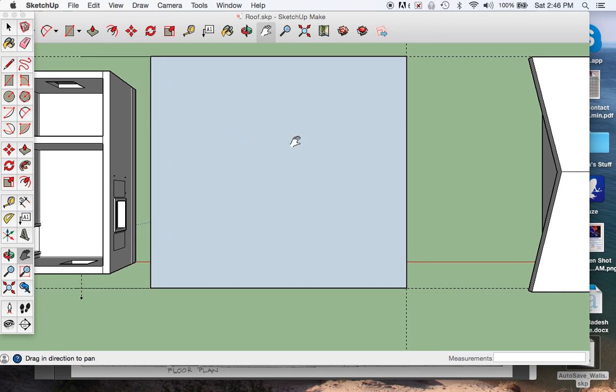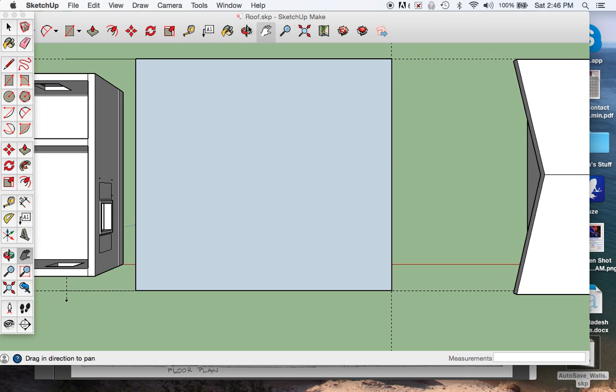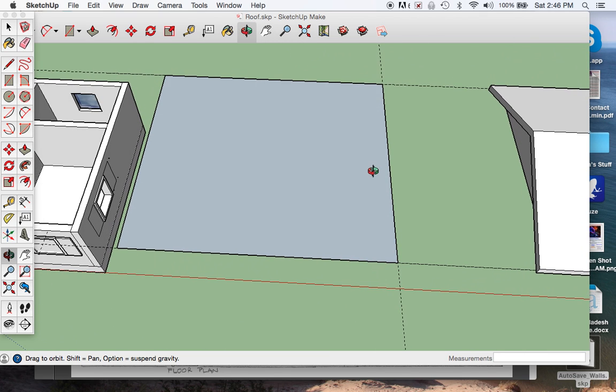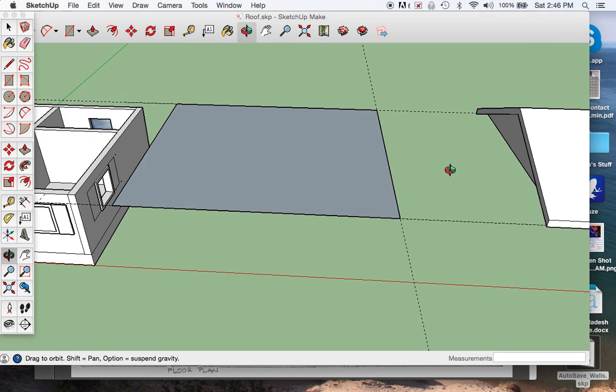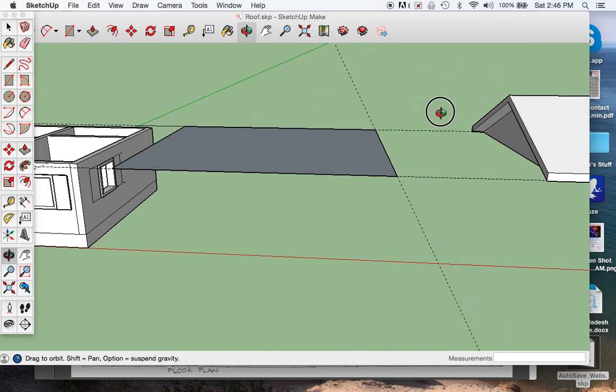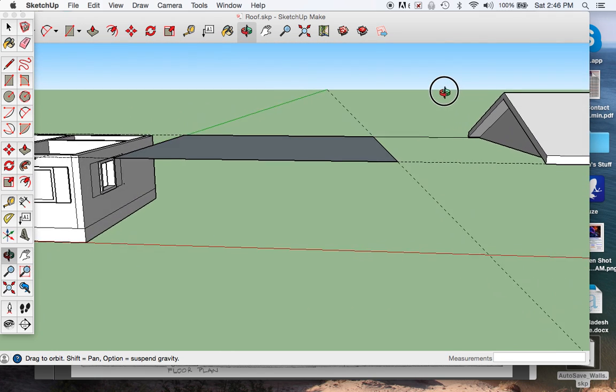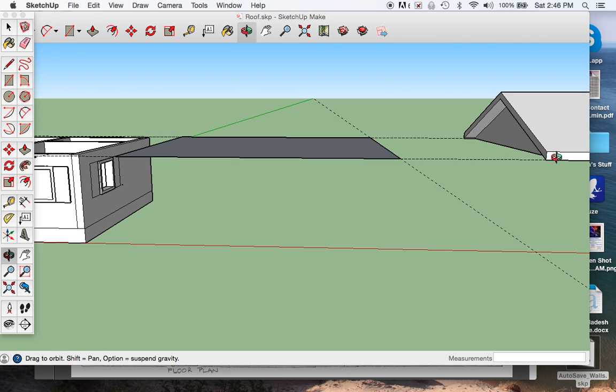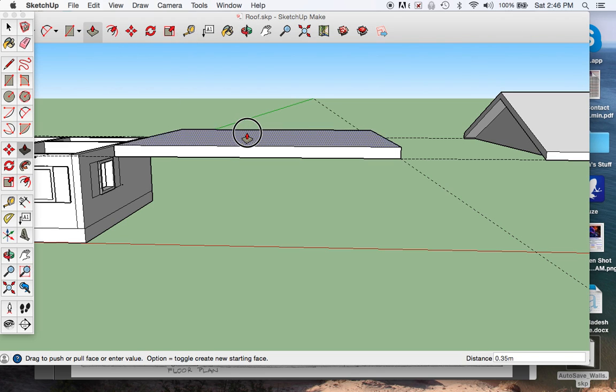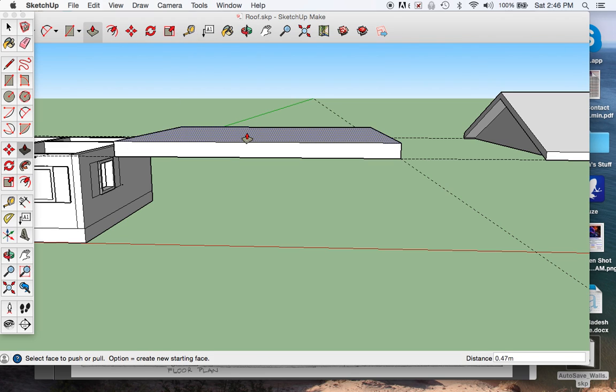Okay, so what we'll do next is a little push-pull. What we're doing here is making a little area where we can do this right here, this little, what we call fascia board. It gives some depth to the roof. And we're going to take a push-pull. We'll draw that up, and that should be